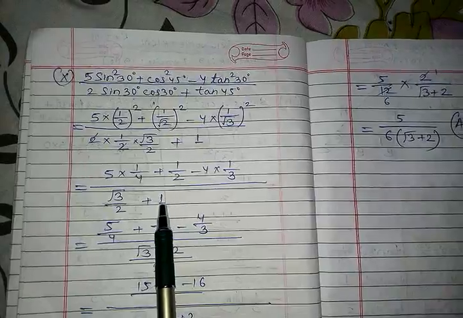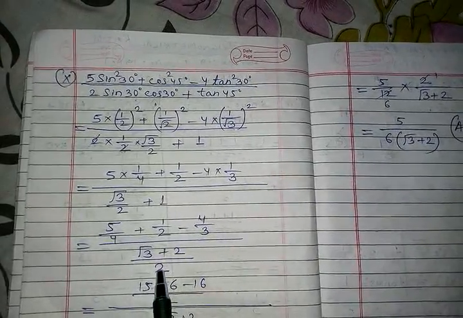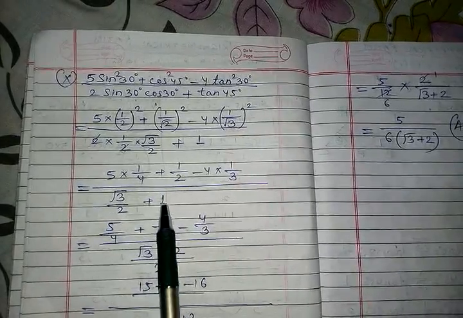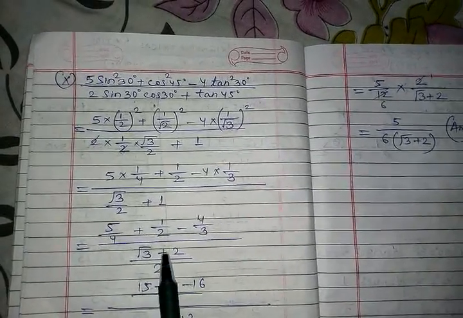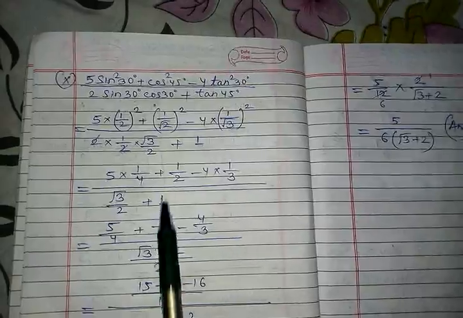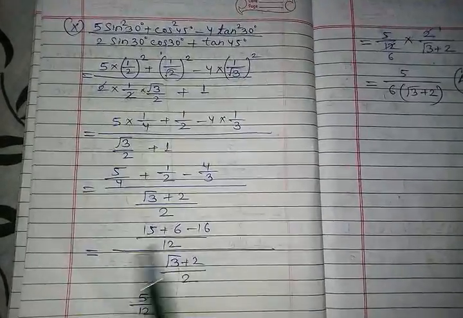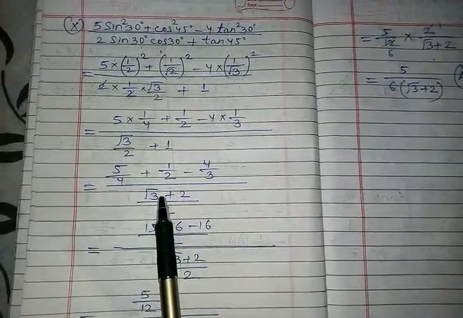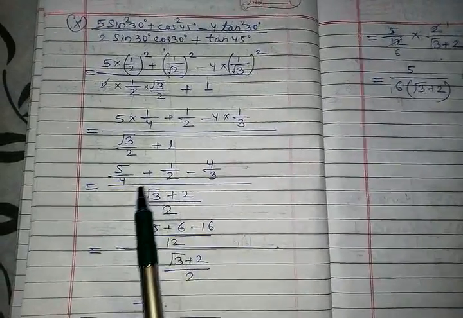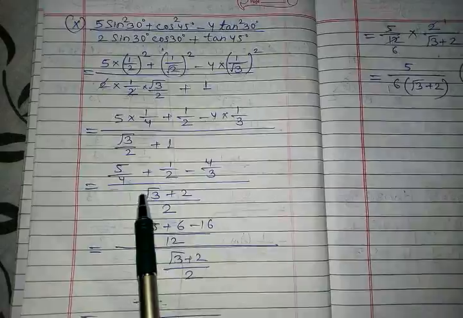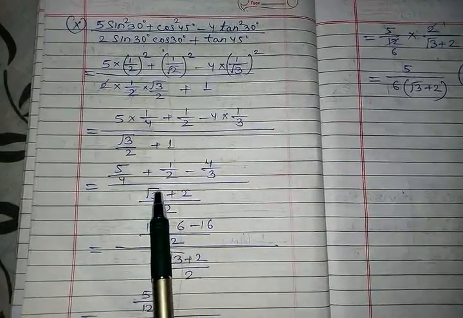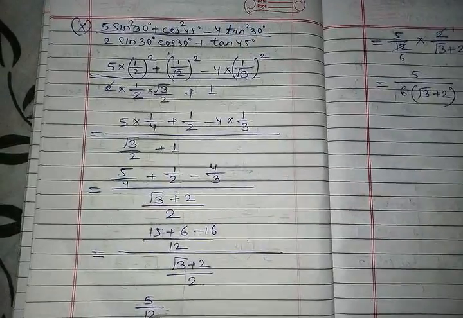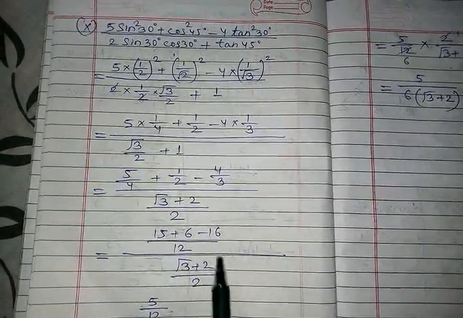This is 2 and below there is 1. LCM of 2 and 1 is 2. So whenever the LCM is the same, the upper number root 3 remains the same. 1 twos are 2, 2 ones are 2 comes here. Now we get root 3 plus 2 by 2. As root 3 is a number having a root over it and 2 is not having any root over it, we cannot add it. Don't write 3 plus 2 as 5, because one is without root and one is with root. We cannot add. So we have to write the same here in the denominator.